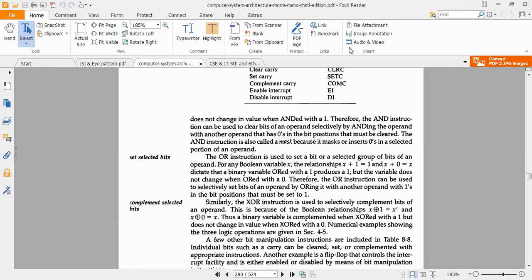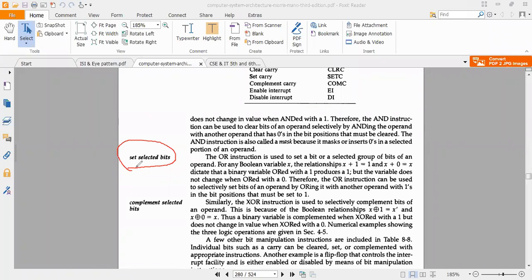I have given set selected bit. For setting, you have to clear the other bits to 0, and for a particular bit you have to make it 1. Just as I mentioned earlier for clear, for set that particular bit should be high. Complement selected bit.